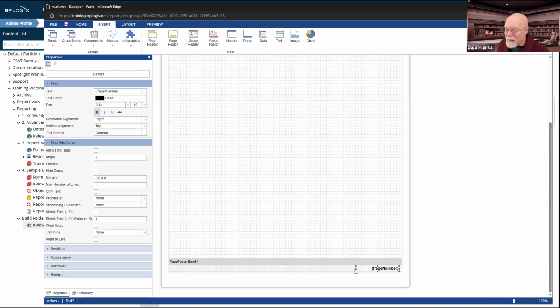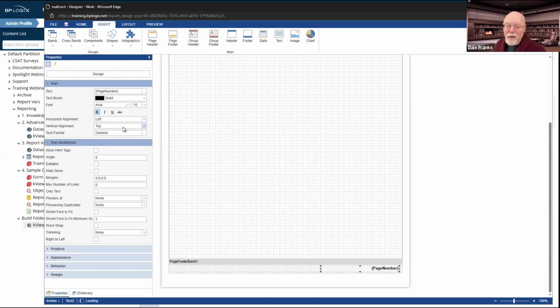In this case, because I have it expanded to the right, if I make it smaller, it actually sets it to the right and then moves it down to show as if it were two lines of text. Don't worry about that. I'll just make it big enough to fit in the page number, but do notice that it is now aligned to the left. I could align it to the right as well.